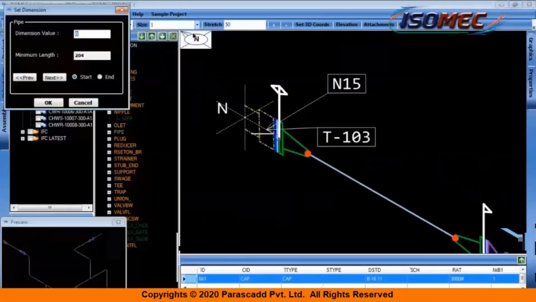Now I'm setting up the dimensions. Like over here, I have selected end to end, that is flange to flange end connections. So now you can see over here on your left hand side top, the minimum length that is permitted for the pipe is 204. This is because the software is intelligent enough to calculate the flange length, which is already fed in our spec details, and whatever remaining section that is possible is shown in the minimum length column for the pipe. So on the upper end, that is the dimension values, I can add the actual required length of the pipe. So here 1500.